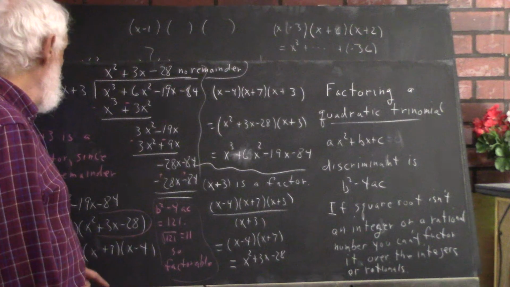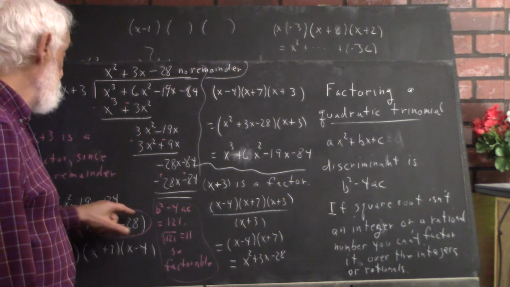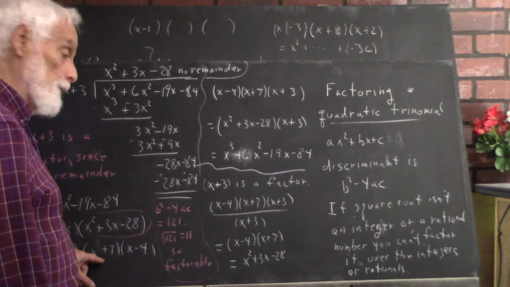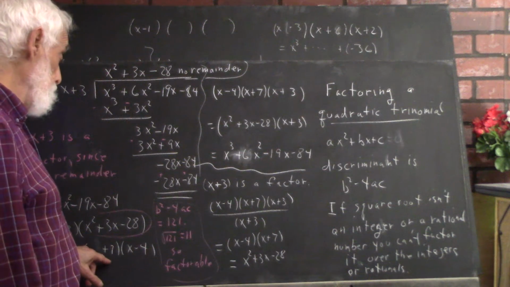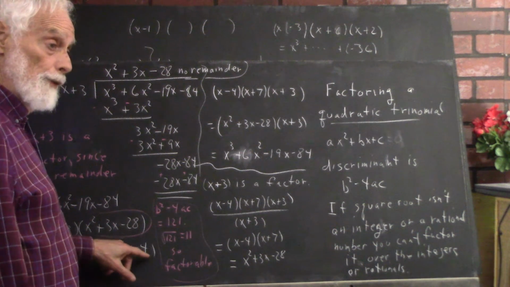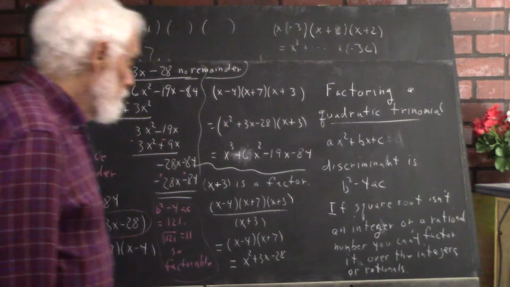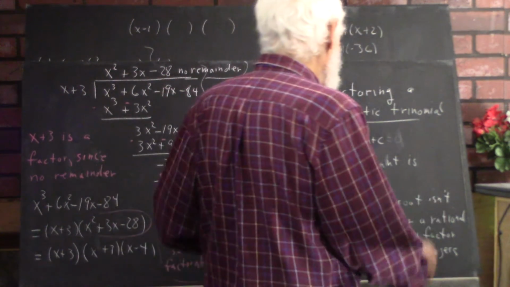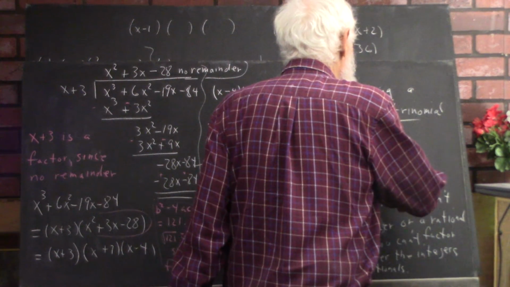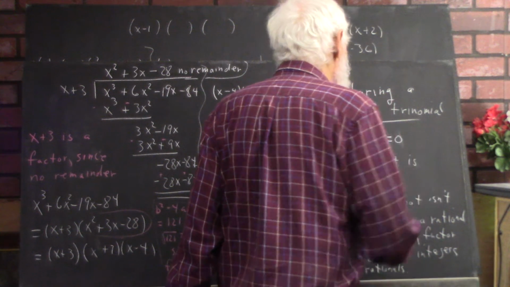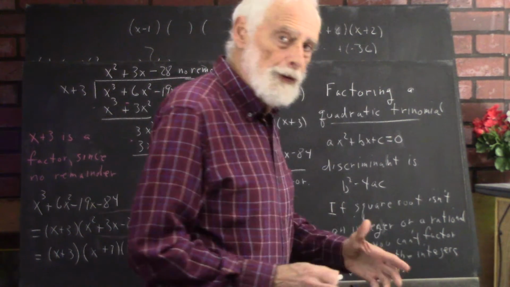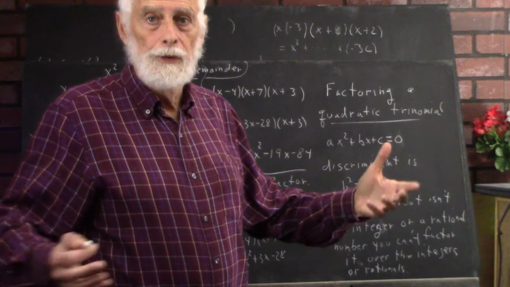That means the zeros of this expression would either be negative 7, which makes this 0, or 4, which makes this 0. So we can say, okay, here's our trinomial. It's equal to 0